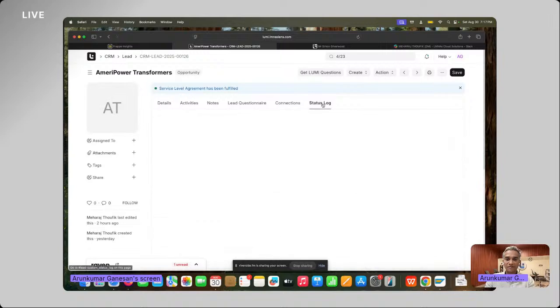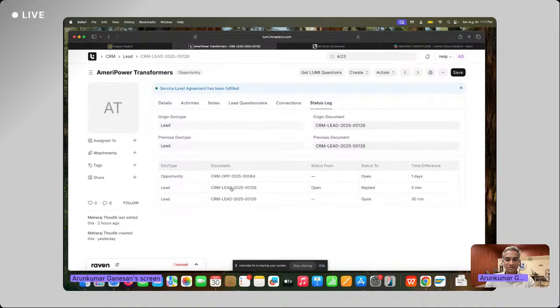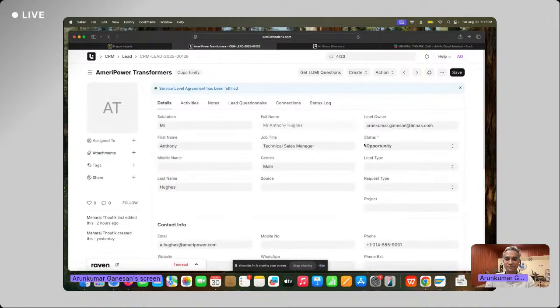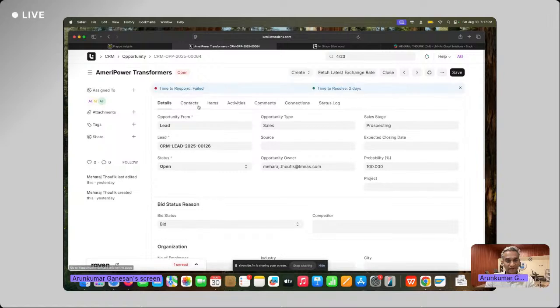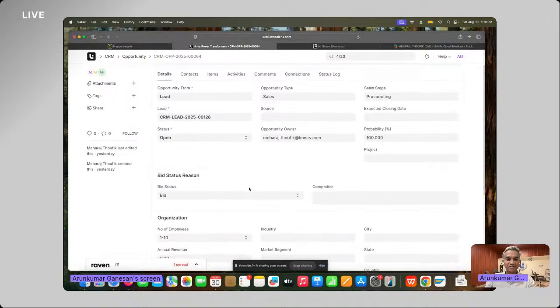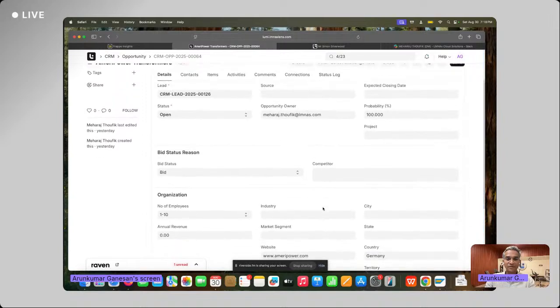It states it is in opportunity, yes, it is staying in opportunity, and it is also reflecting the same here. And when we get into the opportunity, for example, of this lead, we had SLAs again coming into the picture, and already it got failed. So the lead team was smart to convert it to an opportunity, and then the opportunity manager probably missed this, and we had very good information about bid status, whether to bid or not bid. And we had a competitor analysis of this particular opportunity.